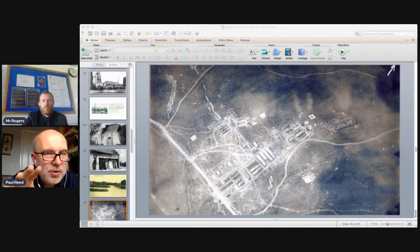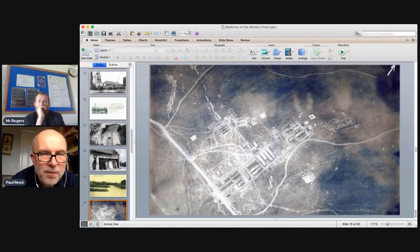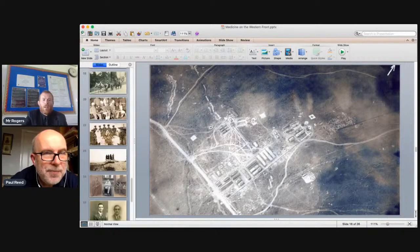dramatically, because there were proper specialist medical officers and surgeons here who could operate on you. So if you required immediate treatment to remove shell fragments or a bullet or whatever, this is where you get it. This is where the X-rays were. This is where the blood transfusion was. And this is also where nurses worked. So this is the closest that women got to the battlefield in terms of medical treatment. So it was a very, very important part of...